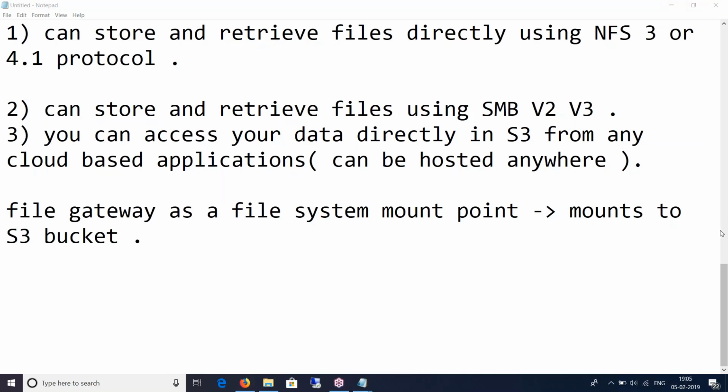Okay, sure. And also this S3 is accessible anyway from anywhere. No, I couldn't hear you. Probably let me increase my volume. So, I mean, don't we get access to S3 objects to be accessible from public or any other location without using this file gateway?